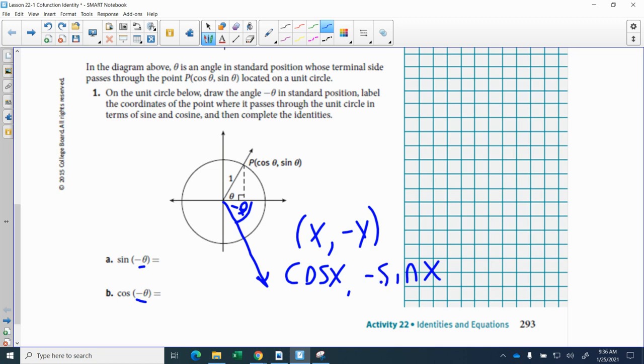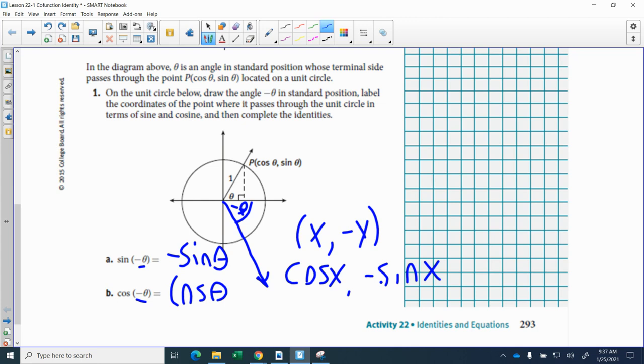This is where the idea of cofunctions comes in. So now, if I have sine of negative theta, technically that's an identity of negative sine of theta. Versus if I have cosine of negative theta, technically based off the region we're in, that's just the same as cosine of theta. Or really, there's not a lot of change to it. It's still a positive cosine value,